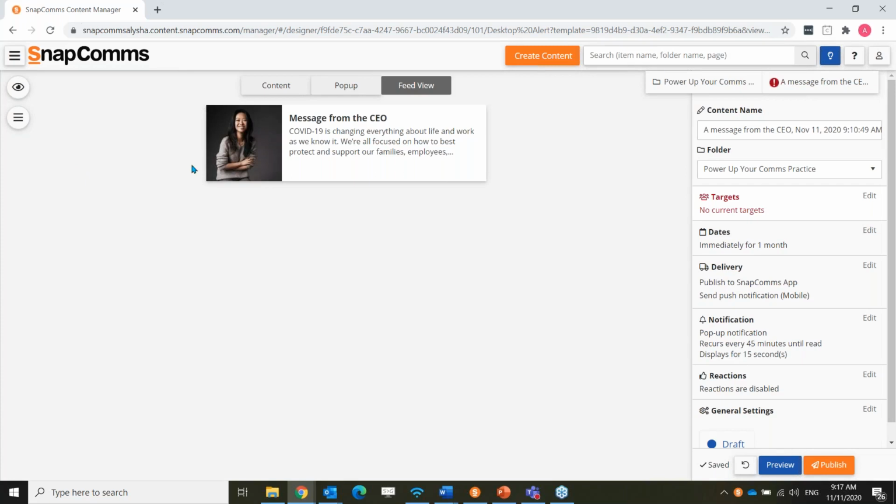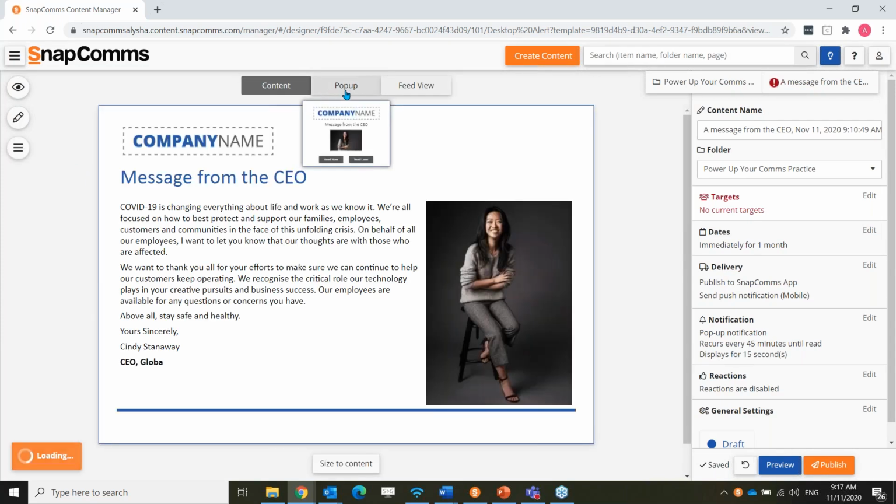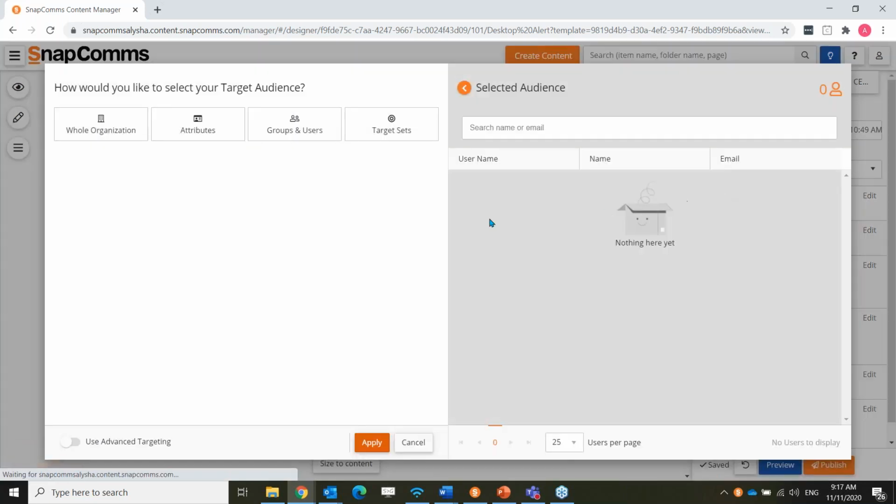Our content is created. Our pop-up is created. So the next step is to move to publishing. So targets, who is going to receive this content? You have the whole organization, which is everyone within your organization that has the SnapComms app downloaded to their device,